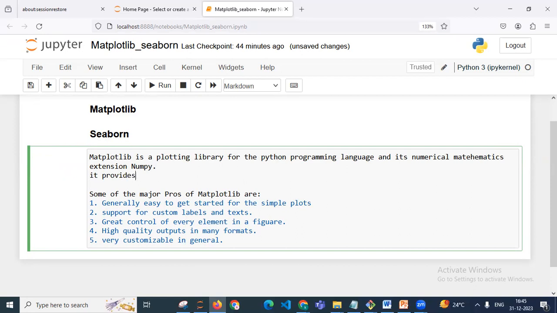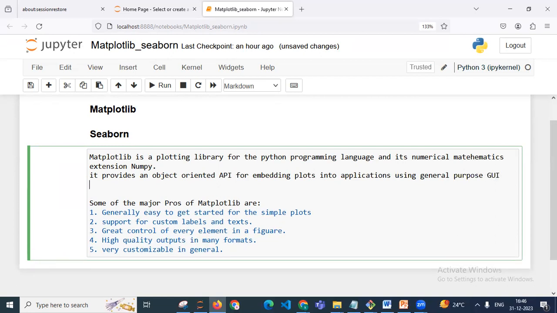It provides an object-oriented API for embedding plots into applications using general purpose GUI toolkits. Okay, like